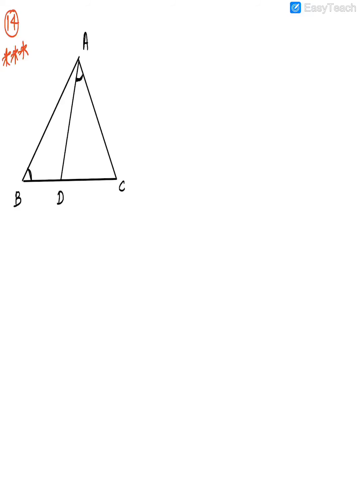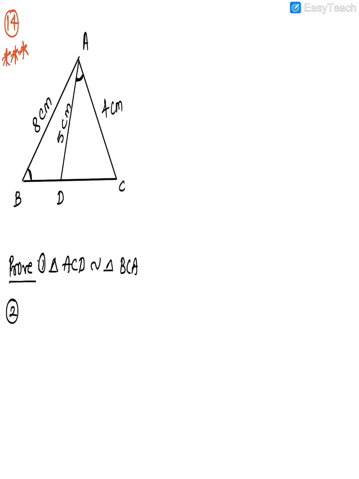So prove, let's start now. What are the questions you have to prove? Prove triangle ACD is similar to triangle BCA. That's the first statement. Number 2, find BC and CD. So you need to find out what is BC and CD. So basically both the parts, CD and BC. Okay, so we may not know BD separately, but you have to know DC and BC. You don't need to find BD separately.